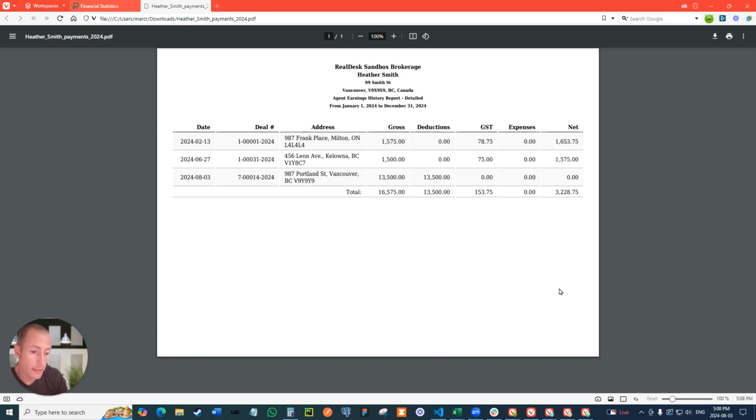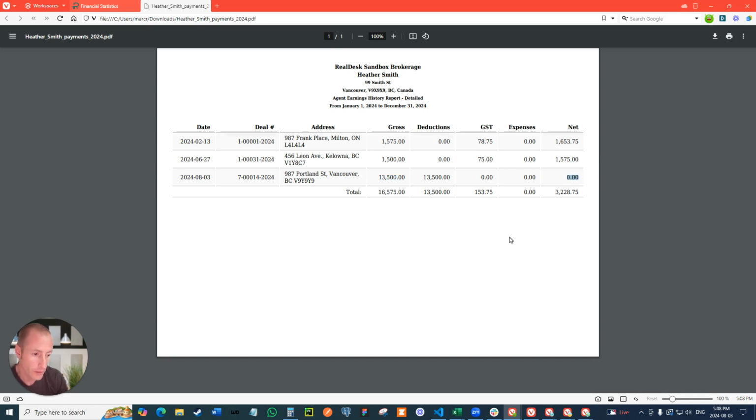Now the T4A is still going to show that gross amount, and there's some controversy over this, and we may put it in as an option in the future to be able to have what shows on the T4A be the gross commission less the deal fees, because there are some other platforms that do it like that, and apparently both are acceptable according to the CRA. But initially, the way that we've done it is that that gross amount is what shows on the T4A, but because this is a deduction, you can remove that from your gross income,